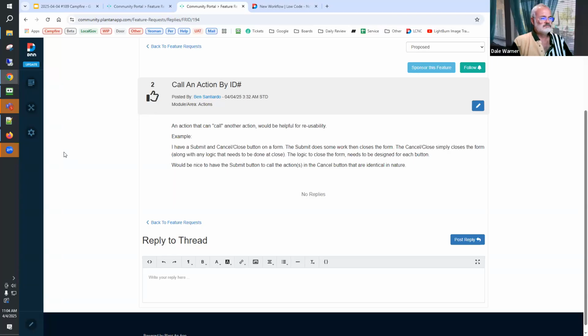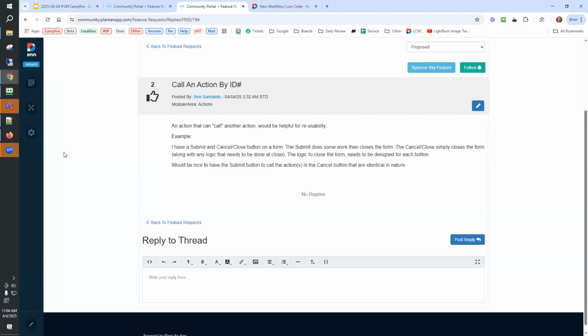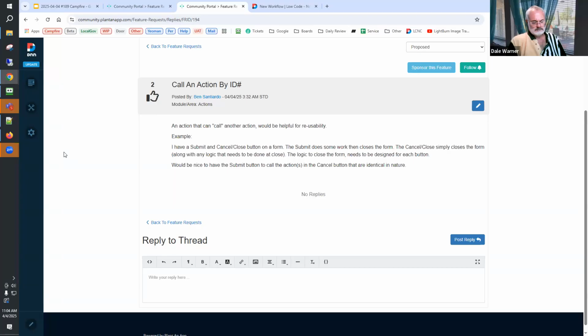Patrick, you were jumping in. I was going to say that you can't use a front-facing action in a workflow. So I kind of get what you're saying, Ben, is that you want to be able to run some actions and then some specific actions for a button and then get all the actions from the other button to happen. It makes sense. Yeah, especially one of the things you could not do with a workflow is anything that's front end on that page. Right. What you were just saying, Patrick, about the front end, like toast windows.